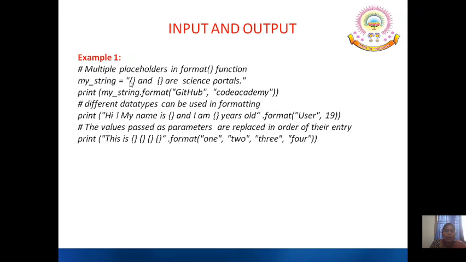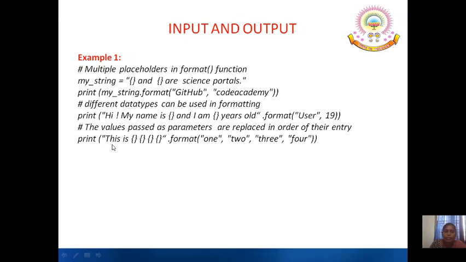So output will be like GitHub and Codecademy are science portals. The second statement, print hi, my name is, some placeholder is given. In this place it will store this user, and in this placeholder it will store the second value 19.